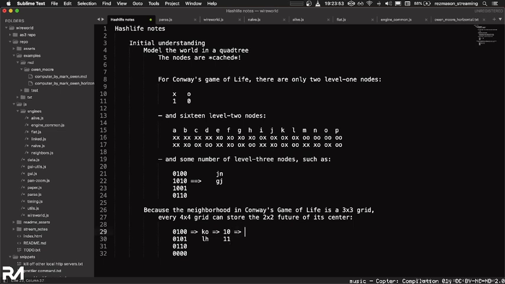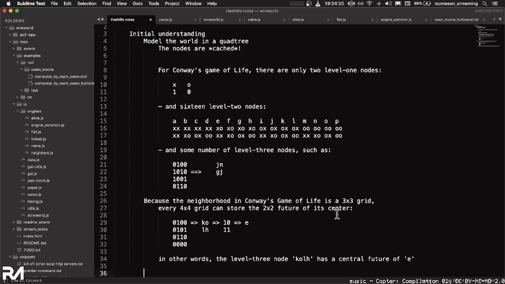So the future of this XOXX is E. In other words, that was a lot of manual work, but basically the level 3 node XOLH has a central future of E. So that's pretty neat, but